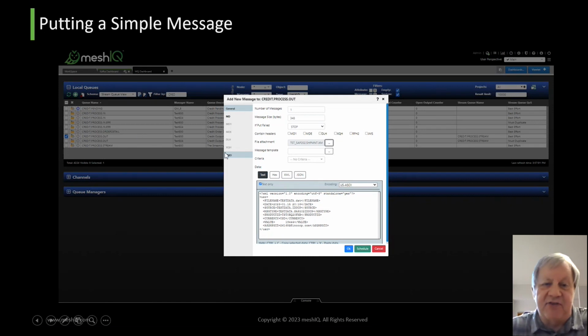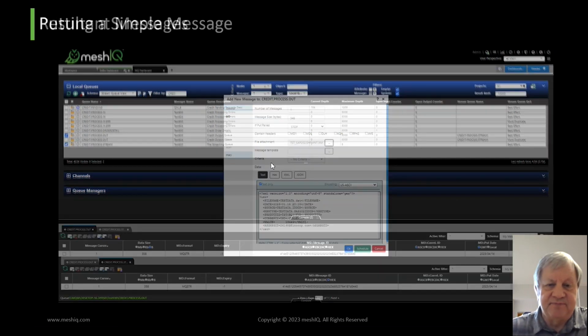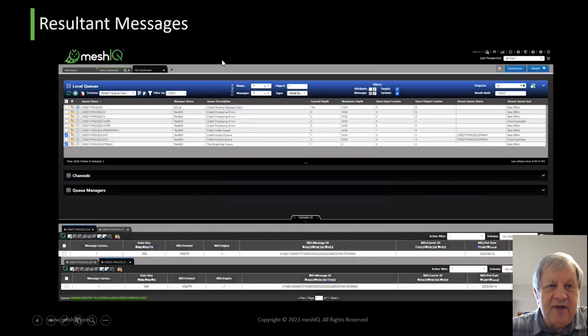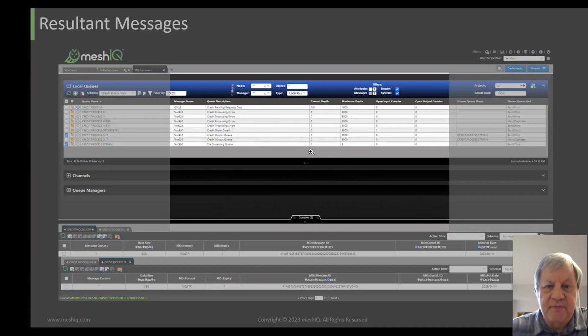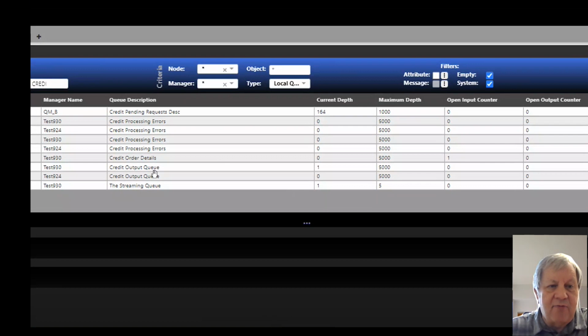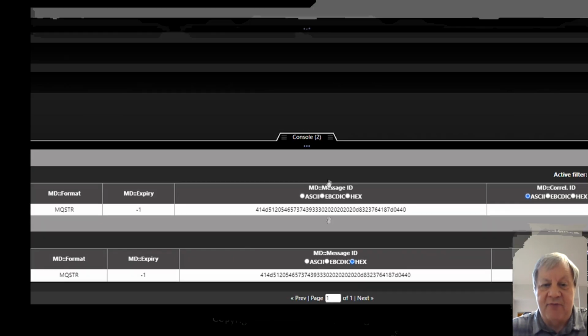I'm just going to put a simple little XML message here. And if I do that, you can see, let me zoom in again, that now our original queue has one message, as well as the streaming queue has a message.